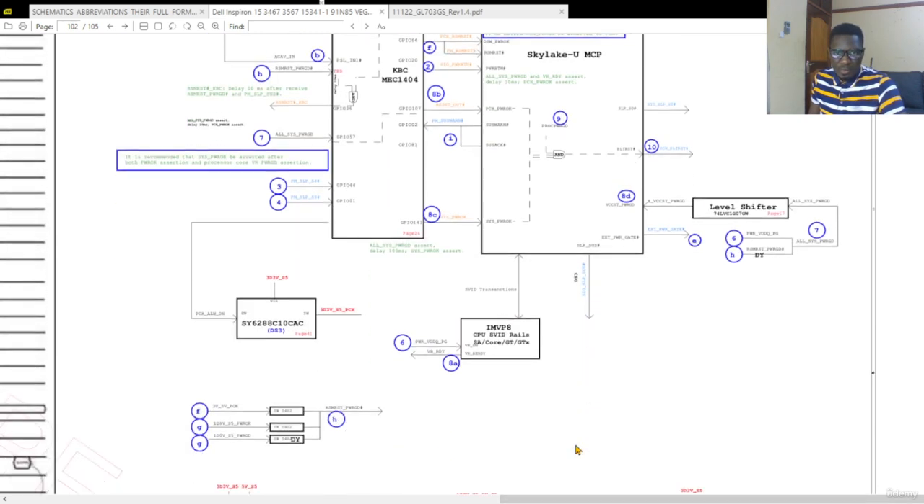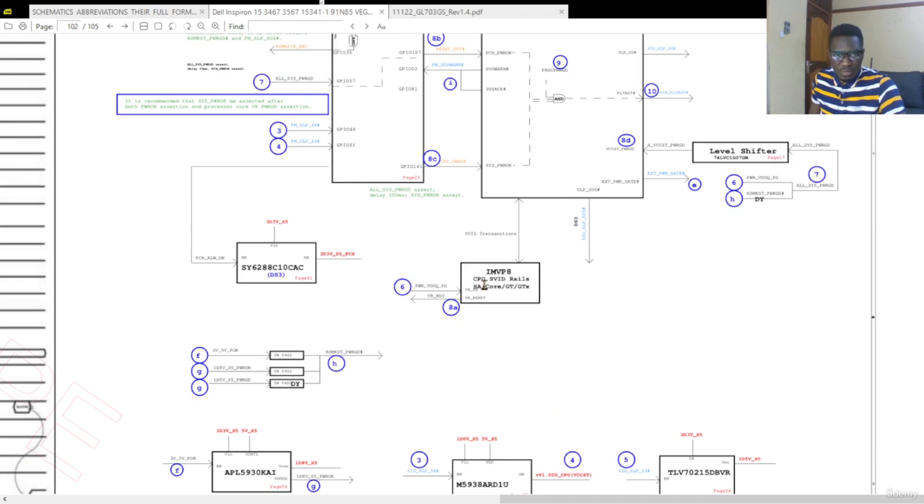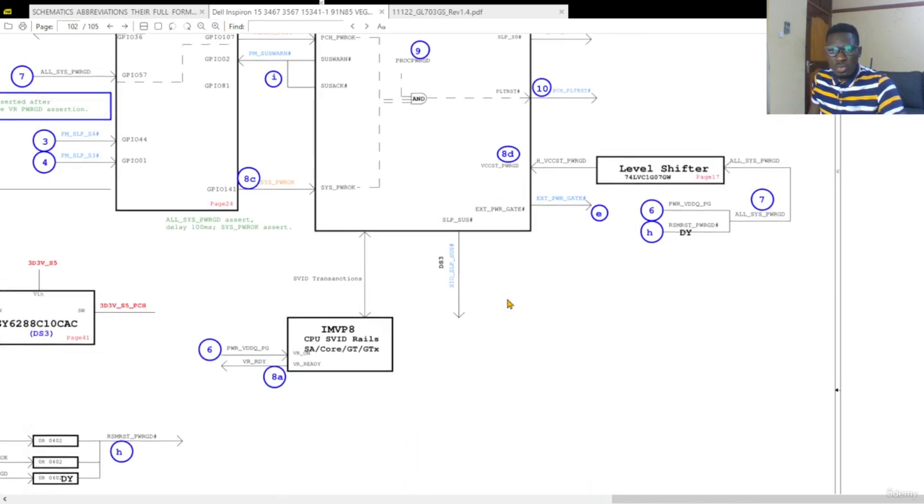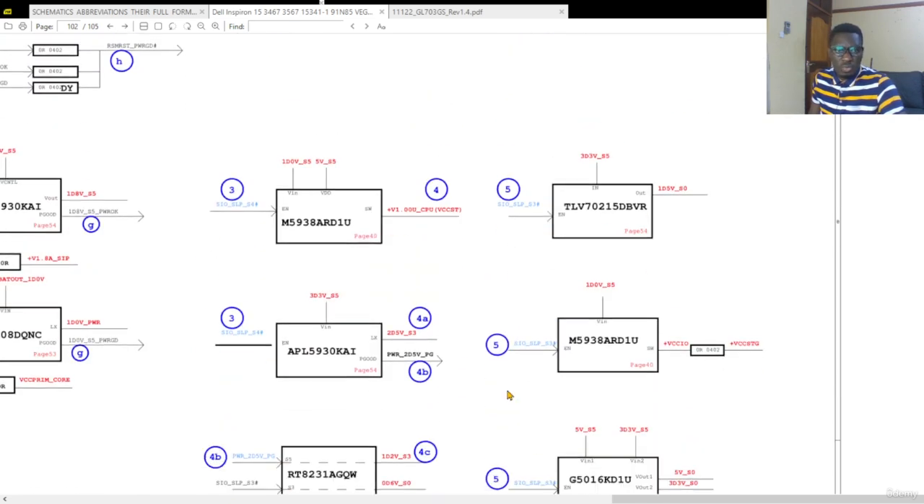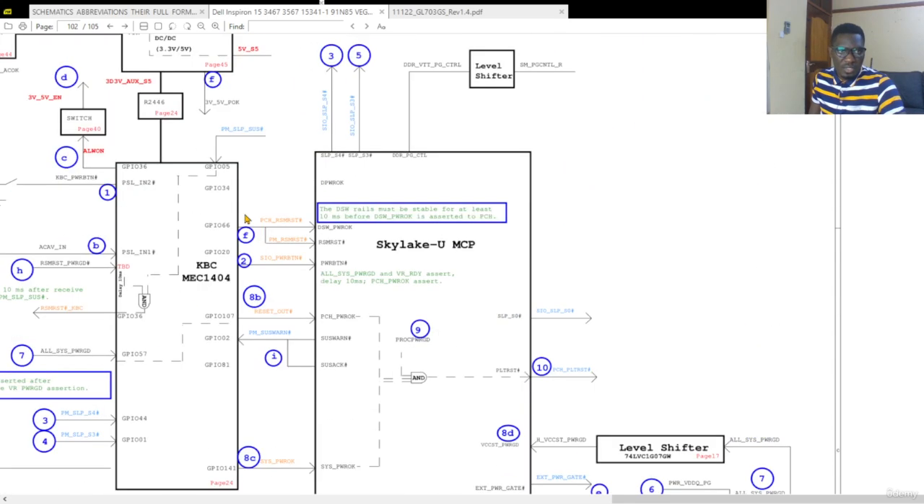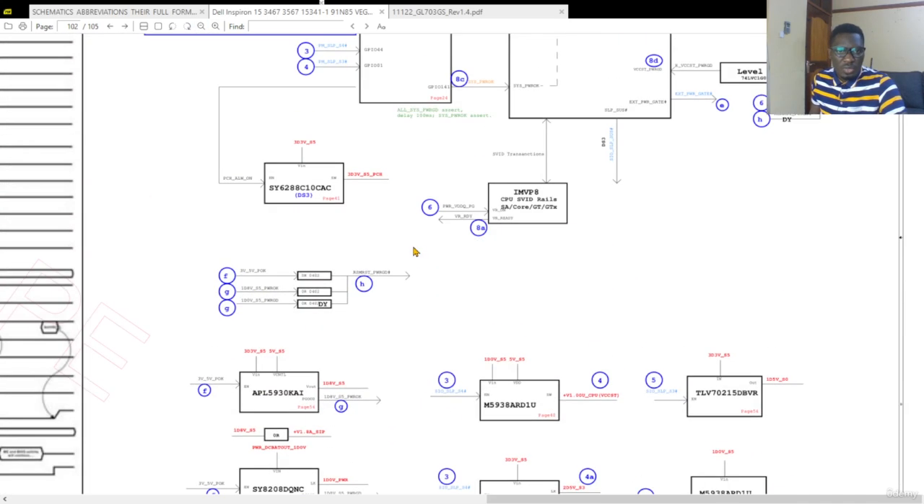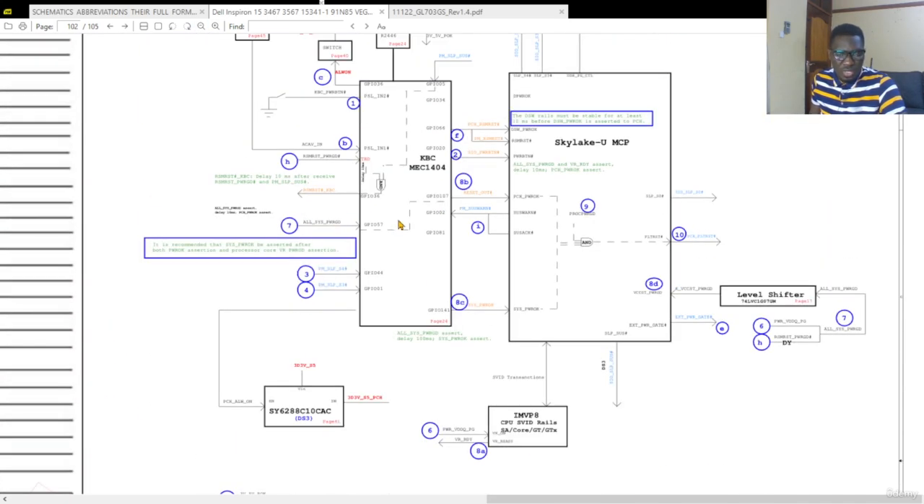So basically it means after 6 comes out of here and goes out of here, we have 7. So 7 shows all system power good. So it means all these voltages from the 5 and the 6 are all good, and that's pin 7. So after 7 comes out to this KBC on this all system power good, then the next step should